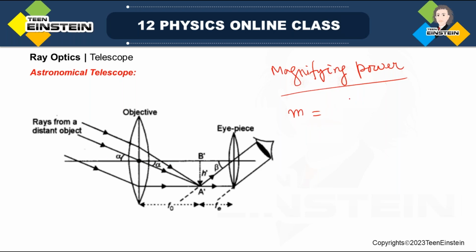The final image is forming angle beta, and